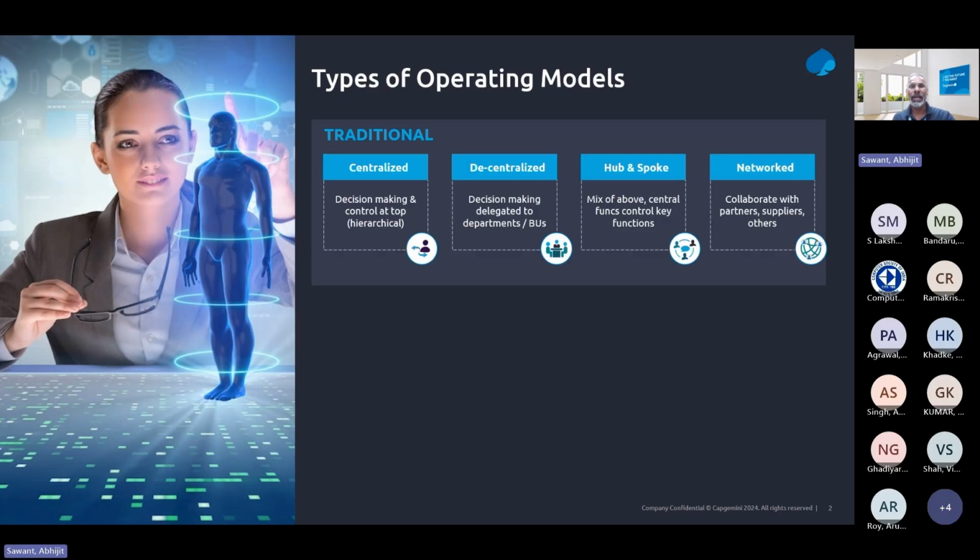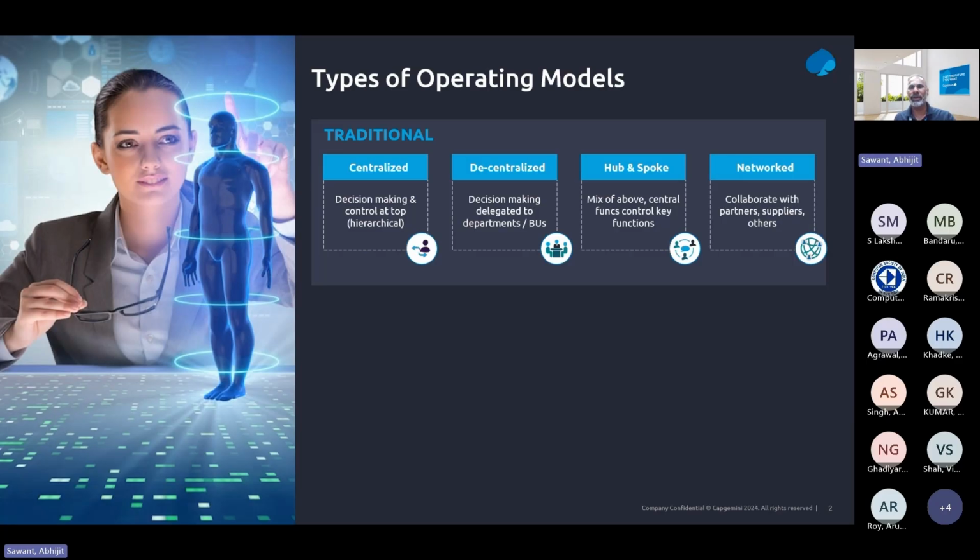Of course, there are drawbacks to that: as the organization grows globally, the needs of specific geographies or the localization requirements tend to not get catered,